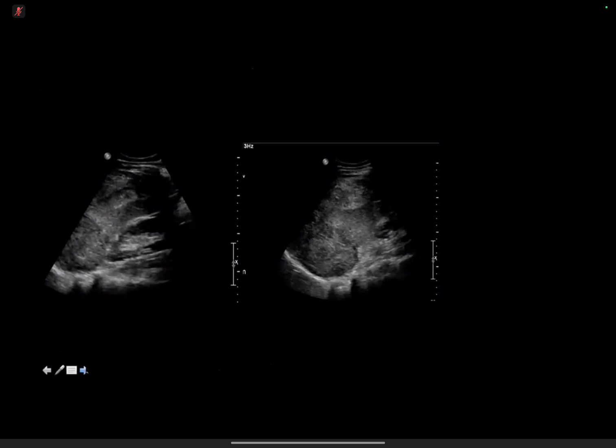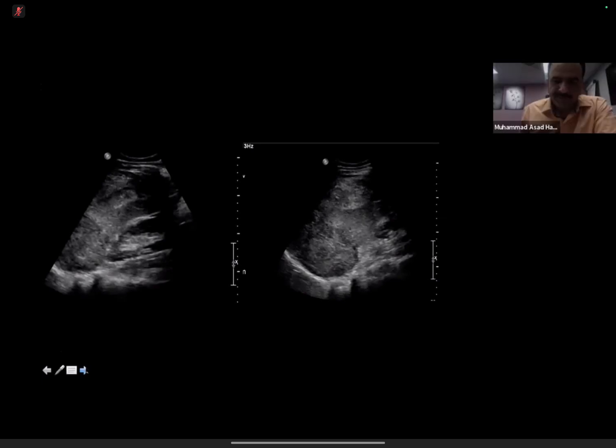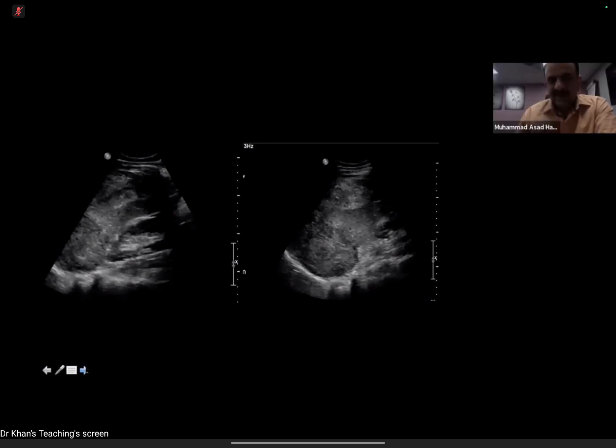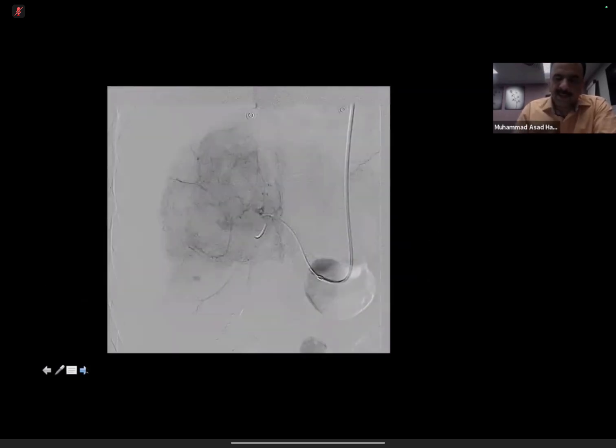Okay, I can see the mass lesion just cranial to the kidney. Good. I think there is also the Morrison's pouch filled with heterogeneous blood. Good. So it basically further aids your diagnosis as this is most likely a ruptured tumor. Okay? Now,